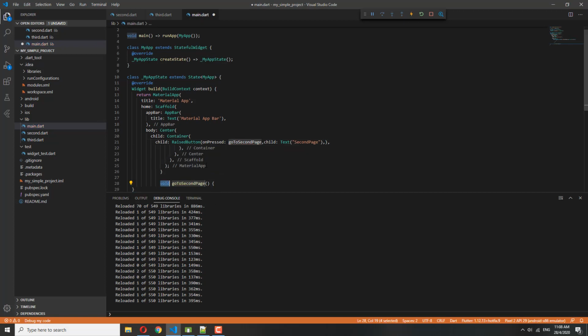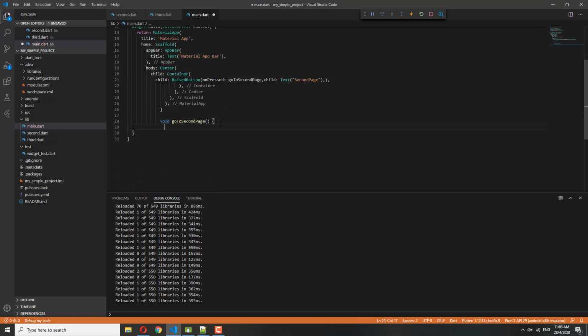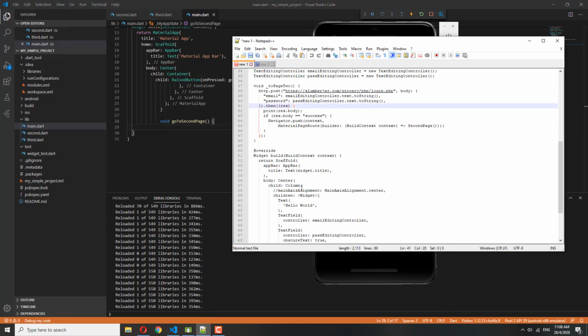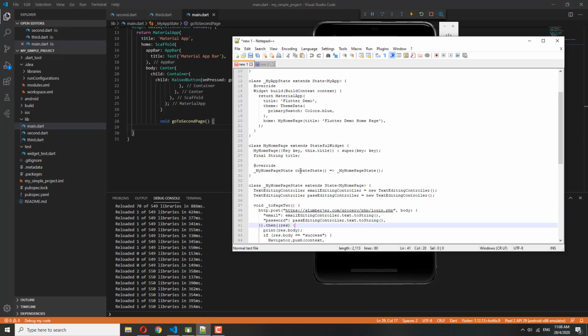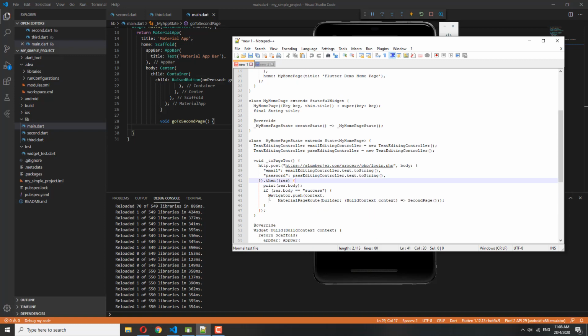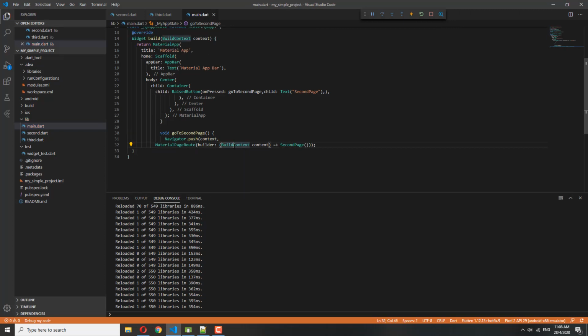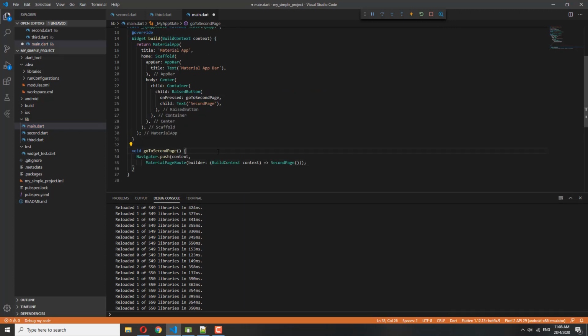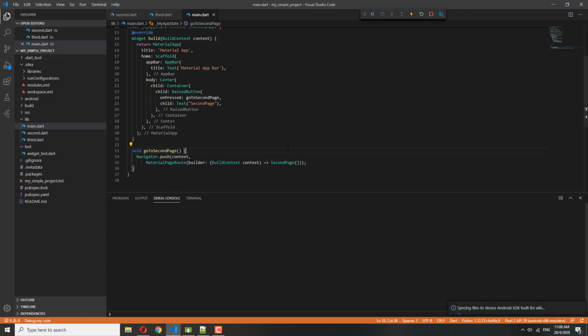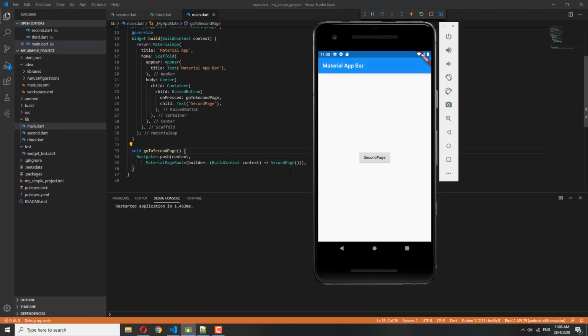So create a method down here, and then we use Navigator, just a simple Navigator. Let me take my code, which is here. Go to the second page and import second page, format the code again, try to reload the application,